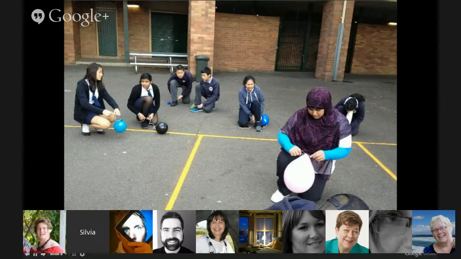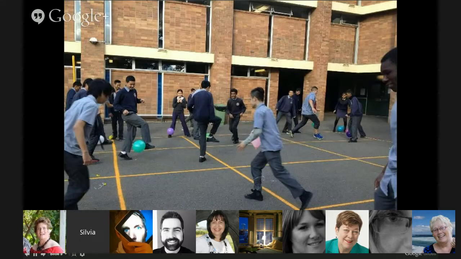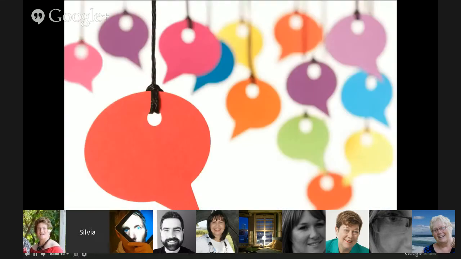Then I brought them down to an open area where they were told to strap the balloons on their ankles, and the aim was to pop each other's balloon without getting their own balloon popped. If their balloon popped, they were dead, they were out. Students were having so much fun, which is rare sometimes in science. Even the ones who were eliminated were having fun watching others popping each other's balloons.